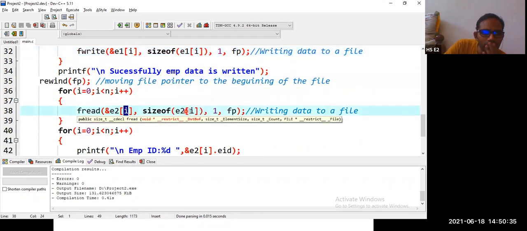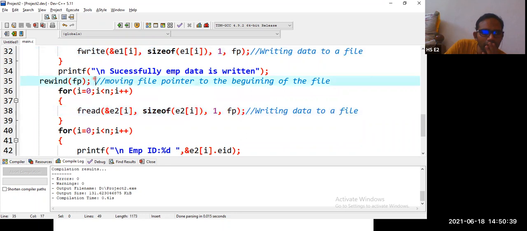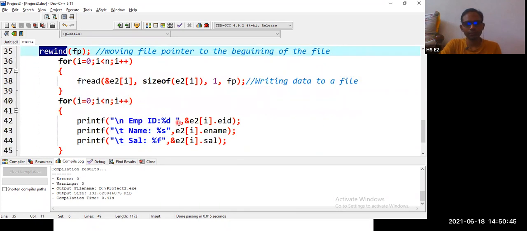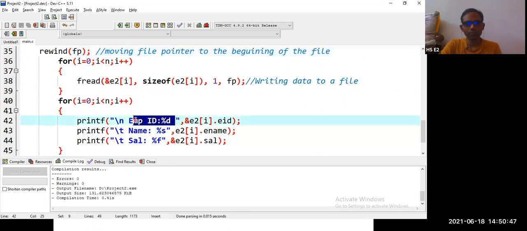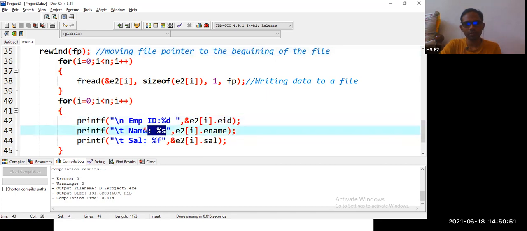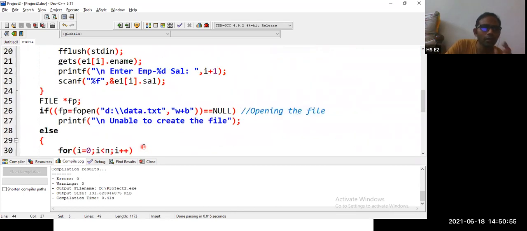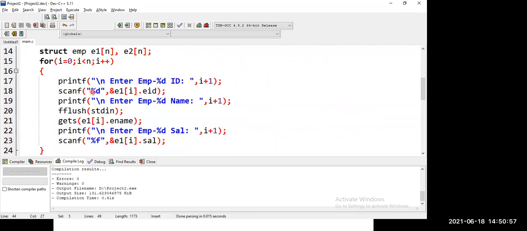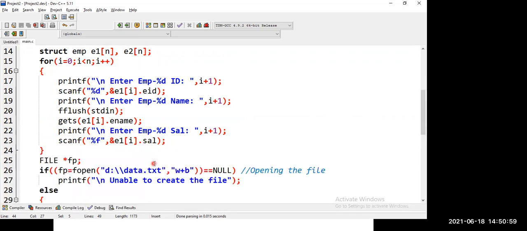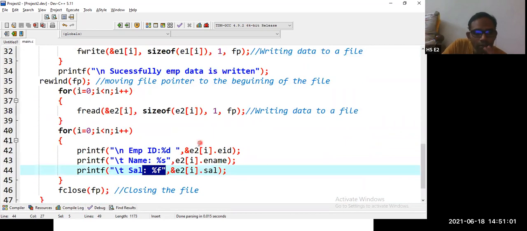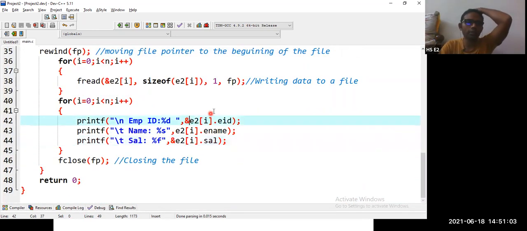E2 of 0, size of E2 of 0, comma file pointer. So only one piece of information is printing right. So percentage d, employee ID, percentage s, name, percentage f, salary. Here, sir, we are printing addresses. Where? At last. Yes, that's my issue.